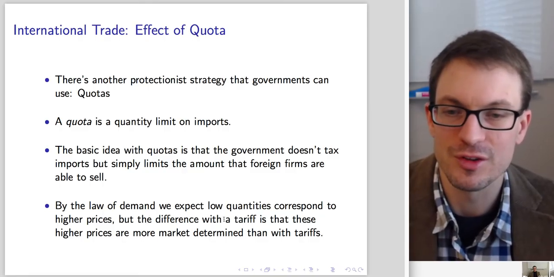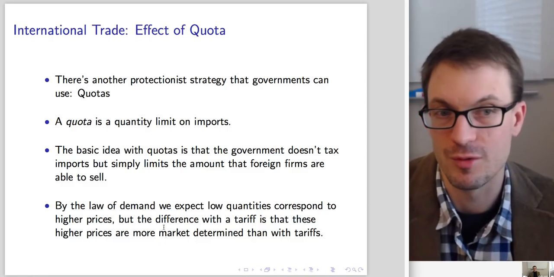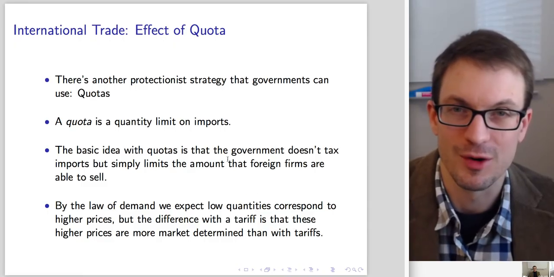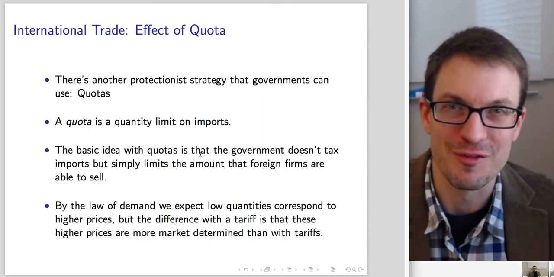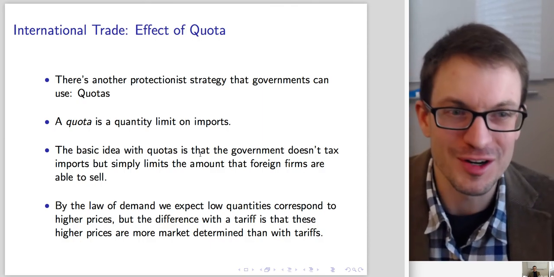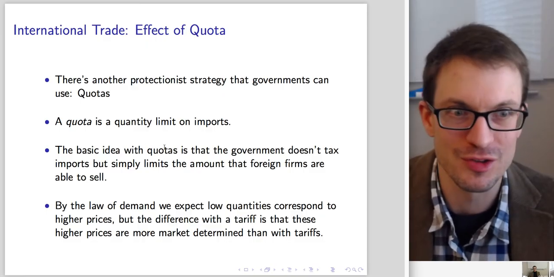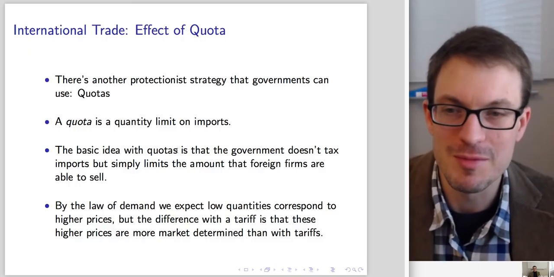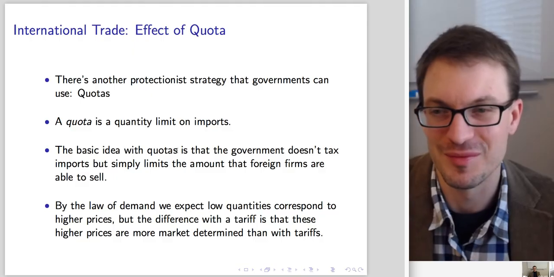The difference with the tariff is that these higher prices are market determined, right? More market determined. Okay, the other interesting thing about the quota, think about how firms are going to respond. All right, so the government tells you can only bring in a certain amount. You can only bring in 100 units of your product or 1,000 units of your product. What are you going to do? Well, maybe you're going to bring in the 1,000 highest quality units,